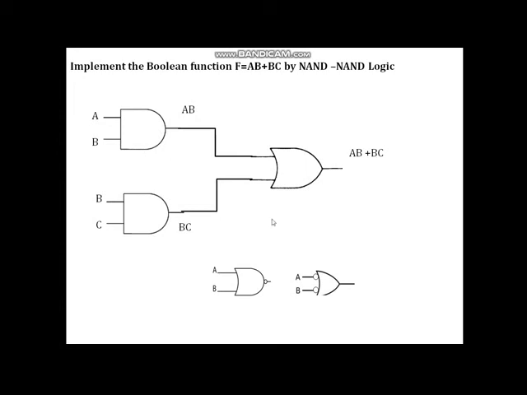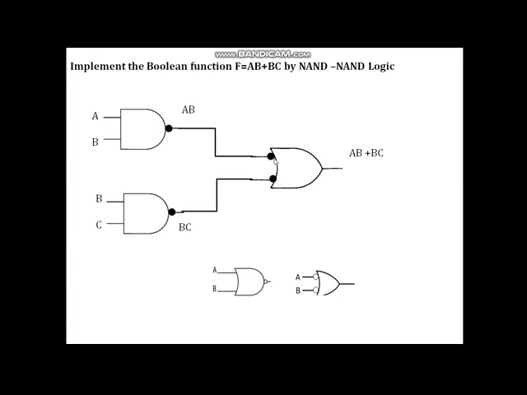This AND gate can be converted into NAND by putting a bubble on the output of the AND gate, because NAND is the complement of AND. So by putting a bubble on the output of the AND gate, you get a NAND gate. So put a bubble here. Bubble is an inverting operation. So to compensate this bubble, you have to put another bubble on the same line. Now there are two bubbles on the same line.